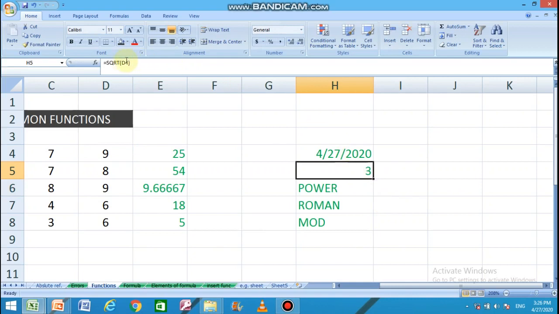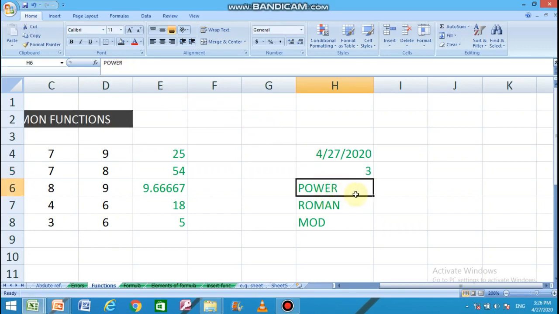So in this way we have found out the square root of 9, which is actually in the cell D4. And we can write it like equals to sqrt in the parenthesis D4. Only one argument this function takes. If you give more than one argument, it will give you an error message.